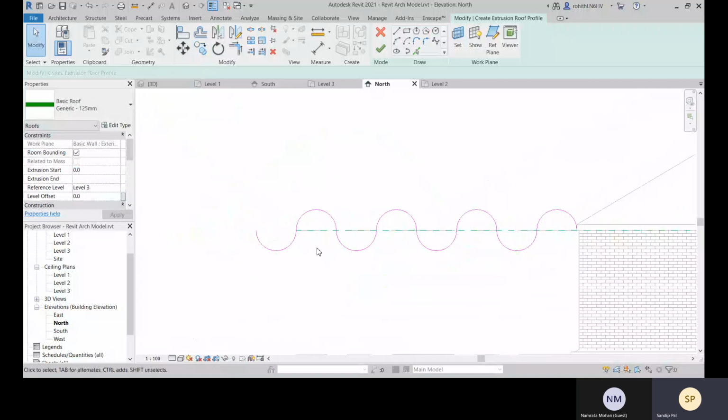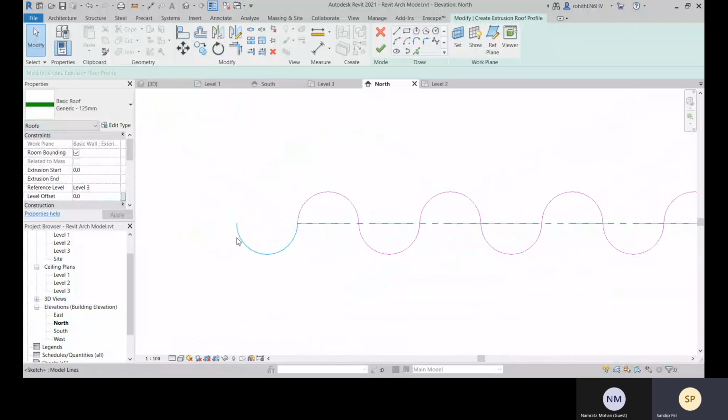You may ask me that this is one 2D profile. This is a 2D profile. So from which location will the roof get the thickness? From the center or from the bottom or from the top, right? Thicken, no?